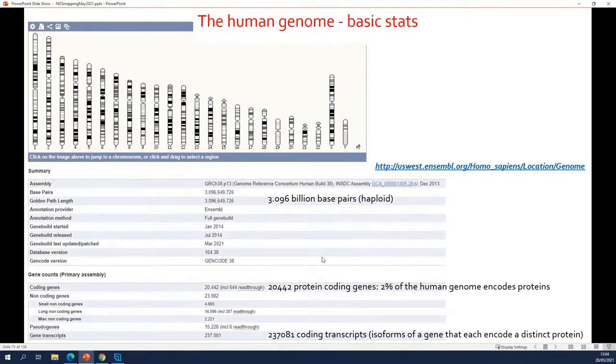What is important also for RNA-seq data: there are at this moment 20,000 protein coding genes annotated in human, but these 20,000 genes give rise to more than 200,000 different transcripts. So every gene, or almost every gene, will encode many different transcripts. They're also called isoforms or splice variants. Okay, so this is something that, especially in higher eukaryotes, you might also be interested in. You can look at gene expression on the level of the genes, but you can also look at gene expression on the level of the transcripts.